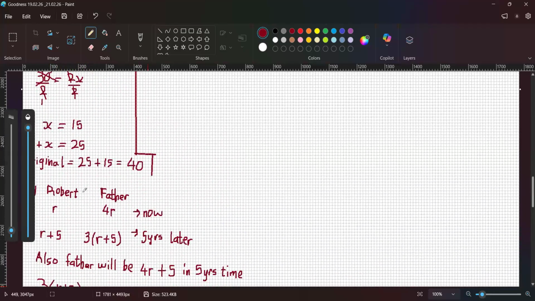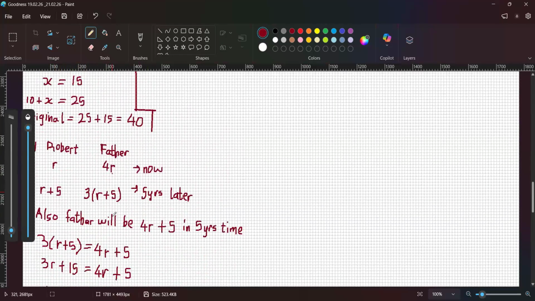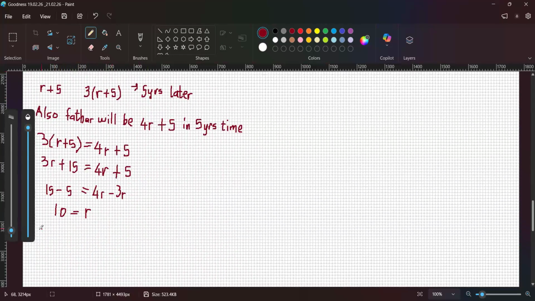Can you see that? Yes, sir. Since Robert is 10 years old, his father will be what? 4 times 10, which is what? 40. Okay. Therefore, father equals,